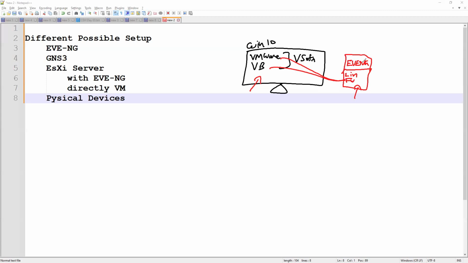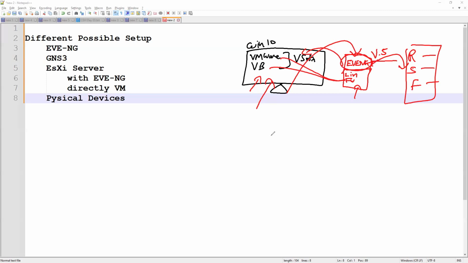Okay, guys, here is what I'm talking about. If you install EVNG inside that, then again it is also what? A virtual simulator. And inside that EVNG, we are going to use routers, switches, or firewalls. That means my physical machine, then virtual, and then virtual again. So this device running is also a physical OS and hardware, everything, but working virtually inside EVNG, and EVNG inside this. So if your processor supports double virtualization, then you can do this. Otherwise, it will not work.